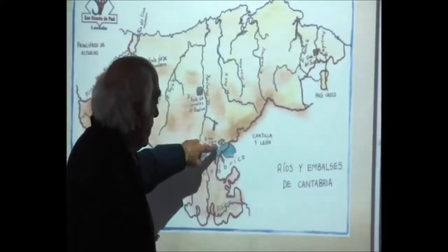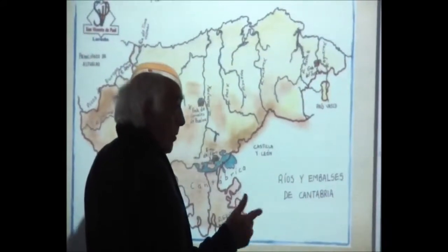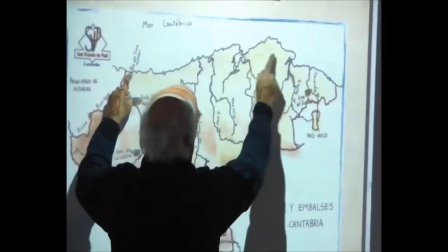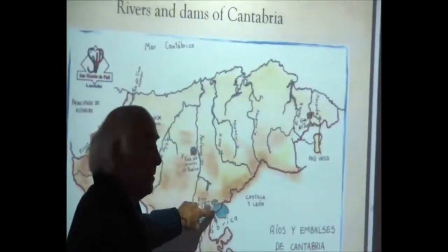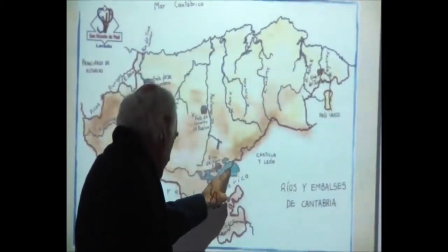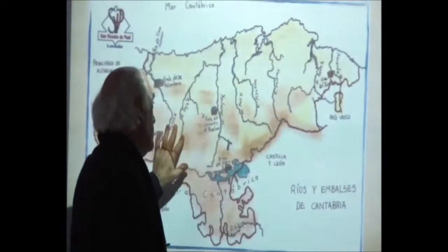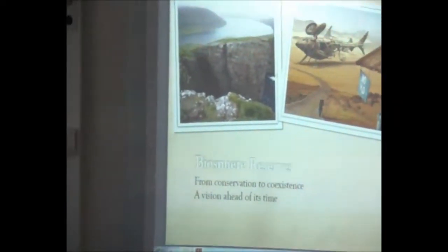Well, the idea is to take water from here and convey this water through the so-called highway of the water, so that every village and city in Santander, the capital city, and other important tourist villages in the summer never have problems with the water because they take the water from here. And here we always have water, a lot of water. So part of this is inside our legal territory of the autonomy. They saw that making a big, for me this is a key point to take into account all over the world, local and global. These are some pictures I found in a kind of modernist